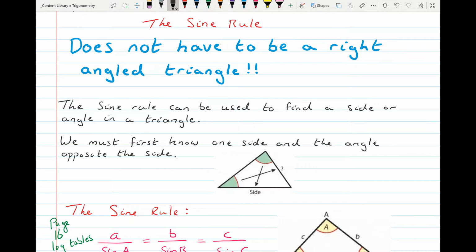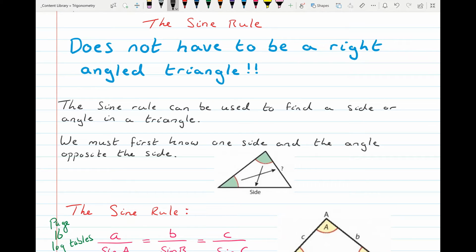Today we're going to be continuing trigonometry and now looking at the sine rule. With the sine rule, we're going to be moving away from right-angled triangles and looking at more general triangles. So this will be different to sine, cos and tan and Pythagoras because we will not be dealing with just right-angled triangles. The sine rule allows us to find the length of a side or the size of an angle